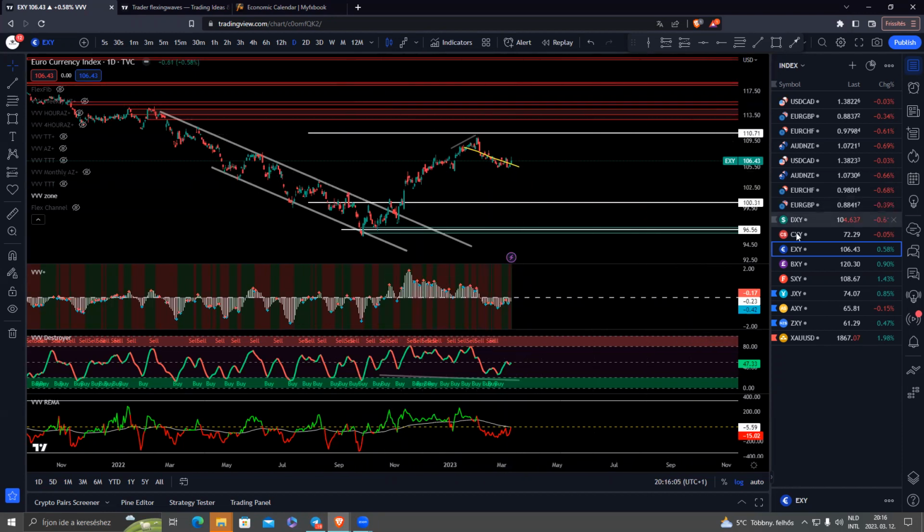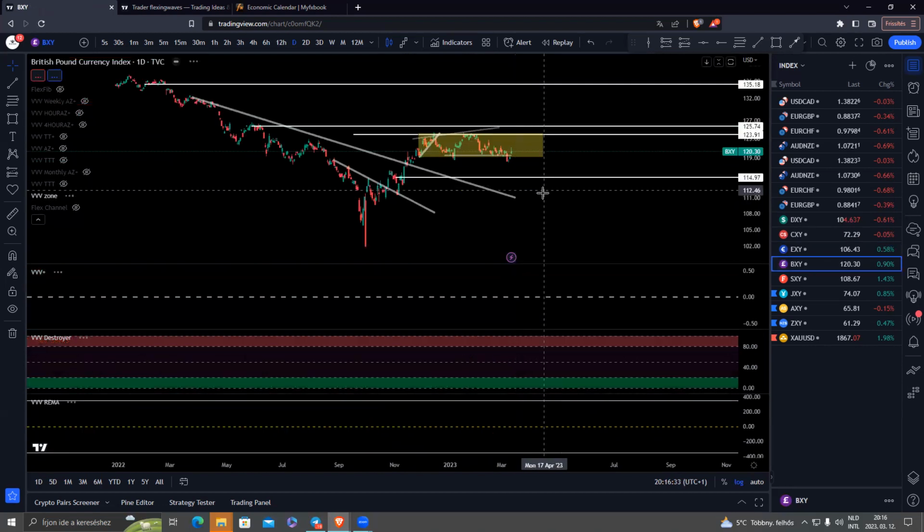Same thing as I want to see the DXY get stronger, then the XY needs to get weaker, actually. And that is what I want to see here as well. So even if it breaks a bit, but I don't think it's about to break, then we will go down, and this is my target zone. Okay,